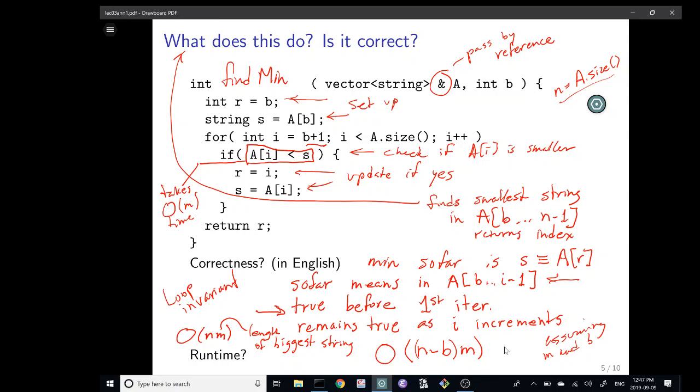So assuming m and b are constant, then this is order n. Order n, assuming m and b are constant.